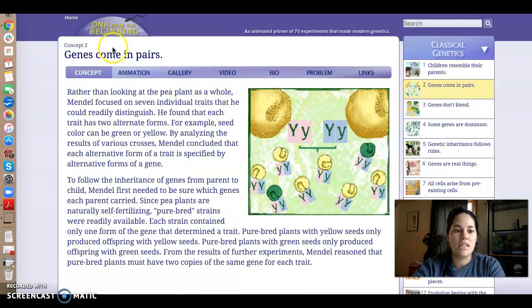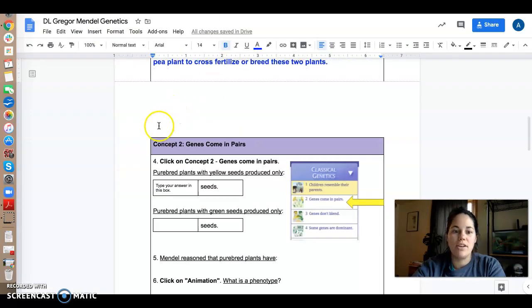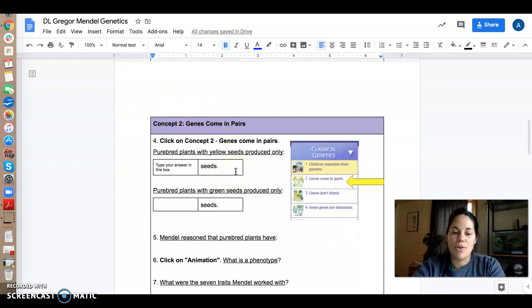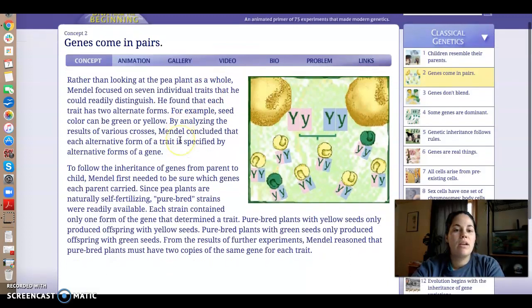Again, I start with the concept here. So I would read the concept. It's always helpful to take a look at what question you're trying to answer before you read, so you know what you're looking for. So here we're looking for the sentence where it says purebred plants with yellow seeds produced only blank seeds. So we have to find out what type of seeds those purebred plants produced. So I'll go back to my reading,